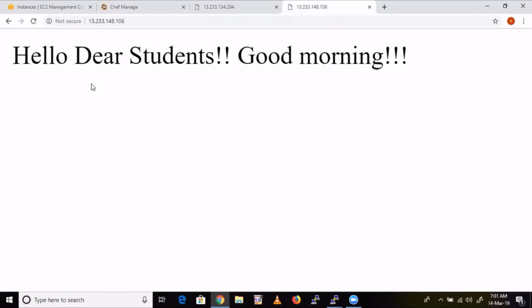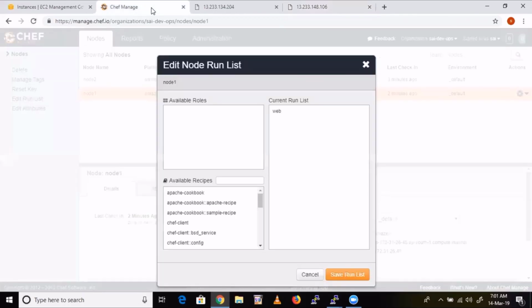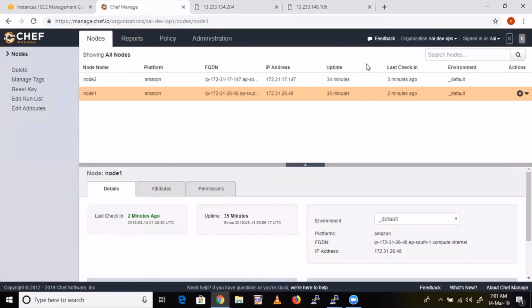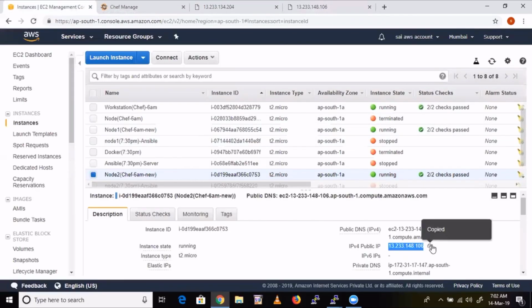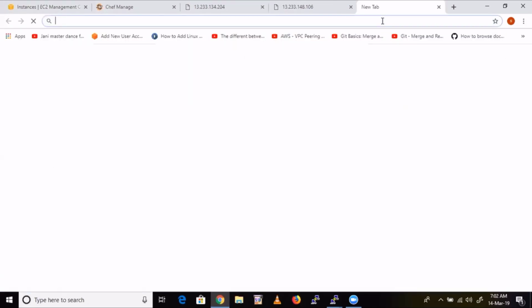There might be some mistake. We need to verify. But it should work. I mean, the process is it. So where could be the issue? We have to check all this. But it's not showing. It is taking the previous one.